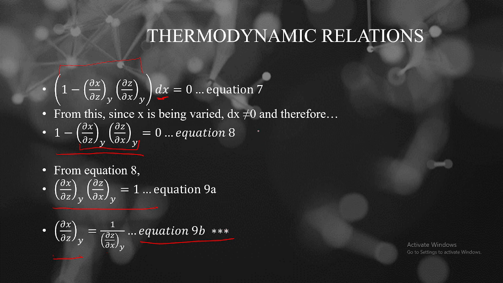So what it's saying is that if I have del a del b at constant c, it is equal to 1 over the inverse form, so del b del a at constant c. Or I could have written this as del b del a at constant c, then inverse. So that's what we are trying to say: with the differential forms you're working with right now, del x del z at constant y is the same as 1 over del z at the top instead of at the bottom here, and del x now at the bottom instead of at the top here, but still with the same